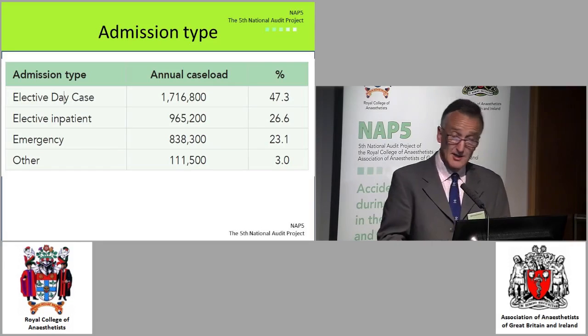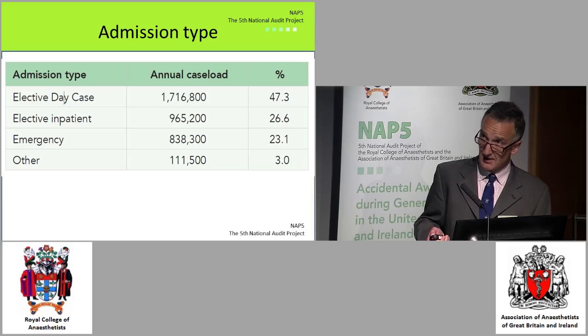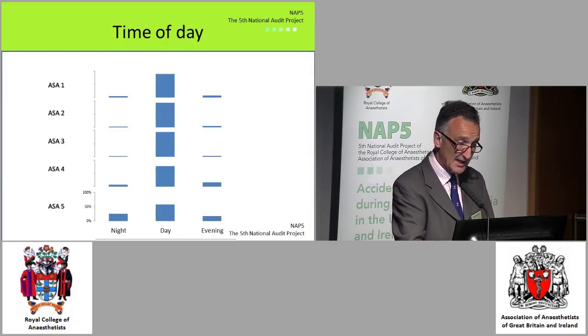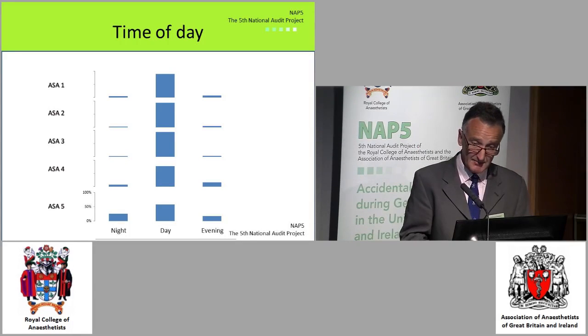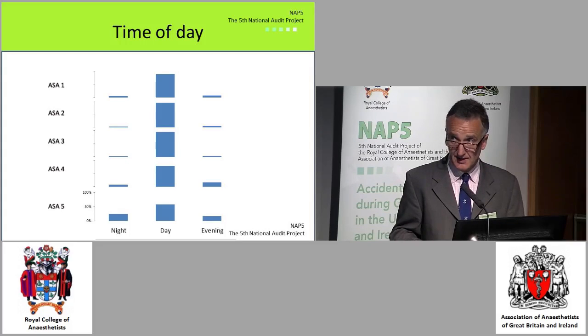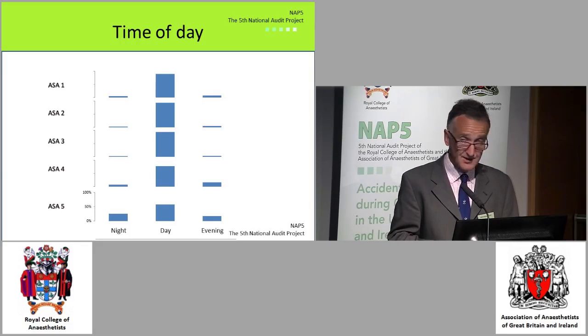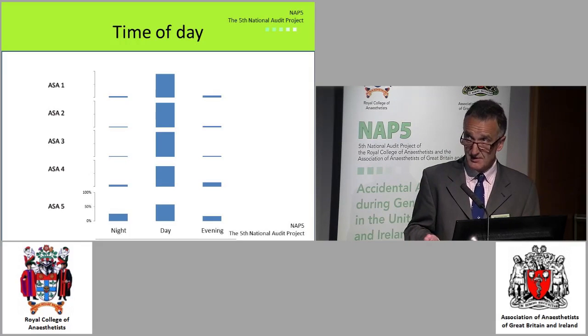Looking at the admission type, separating them into elective cases, the vast majority, 75%, are elective. We've still got a heavy load though. 23% could be classified as emergency cases. At the time of day, I make no apologies for drifting slightly away from the point of AAGA, although it's still relevant to AAGA, about who does what where, with the seniority of anaesthetists. So this is where this is going.